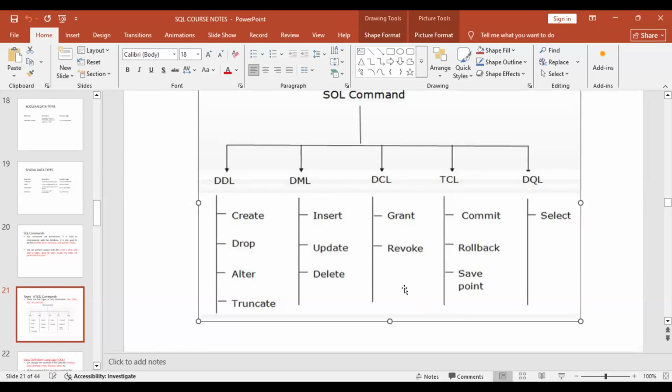Okay. Now let's proceed to the other type of SQL command. The other type is DCL, which is data control language. First of all, remember in any company or corporate entity, they always restrict people interacting with their data because data is very private. So for them to be able to do that, they need to employ the commands in data control language, that is DCL. So the database administrator, that is DBA,